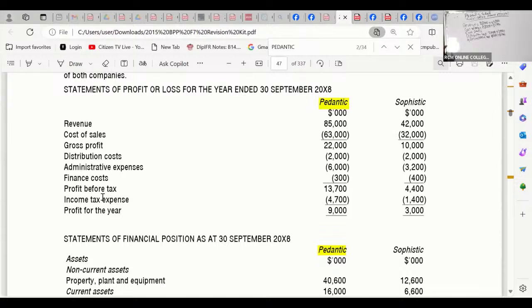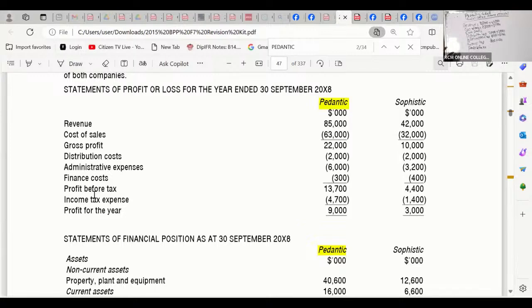From there we have finance cost. So finance cost, ladies and gentlemen, I can see 300, 400. After finance cost, I'm simply copying everything down here, the way it is given. I don't change anything. Profit before tax. So we have here profit before tax. You just copy profit before tax; that one I will get later.